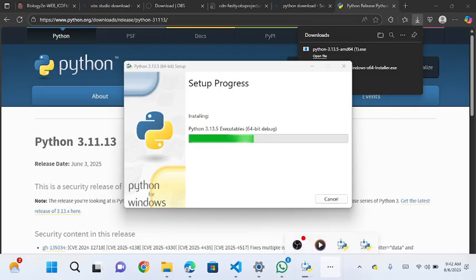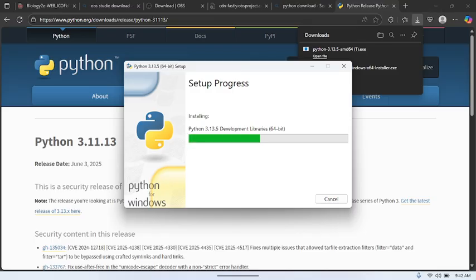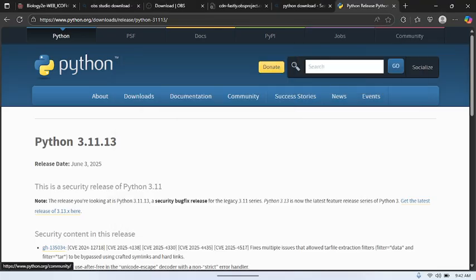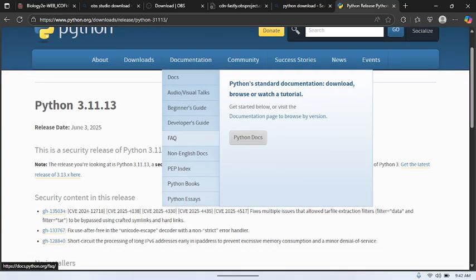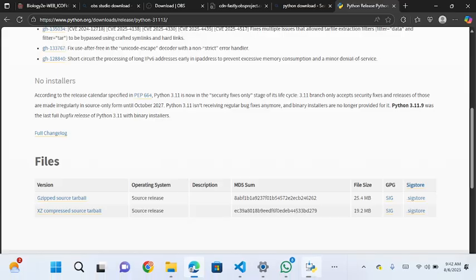Let's see, installing. Okay, installation is coming up. Okay, so after Python finishes installing,